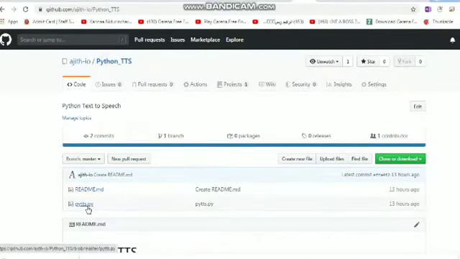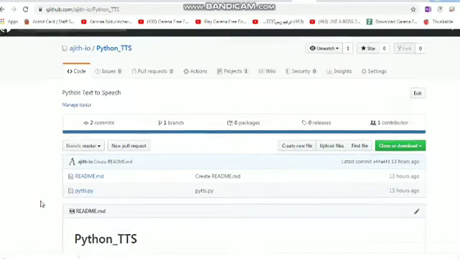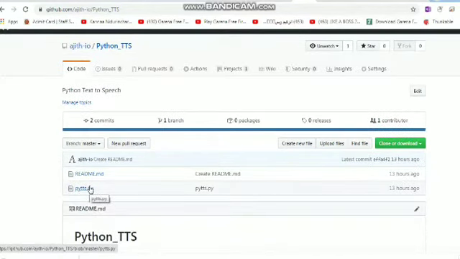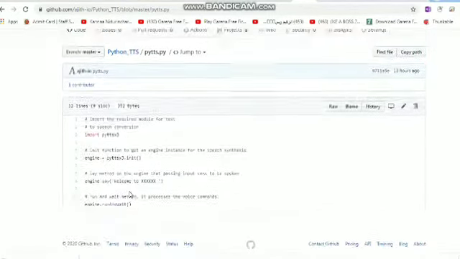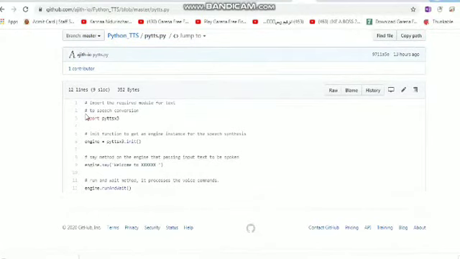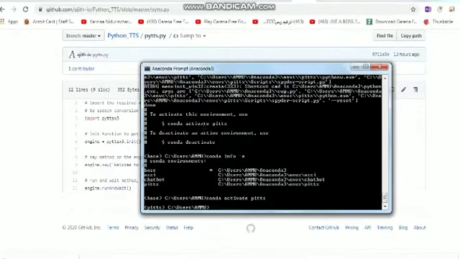Here I have provided this pytts.py. This is the code for normal Python. First we have to do a pip install also. So let's pip install pyttsx3. Enter.